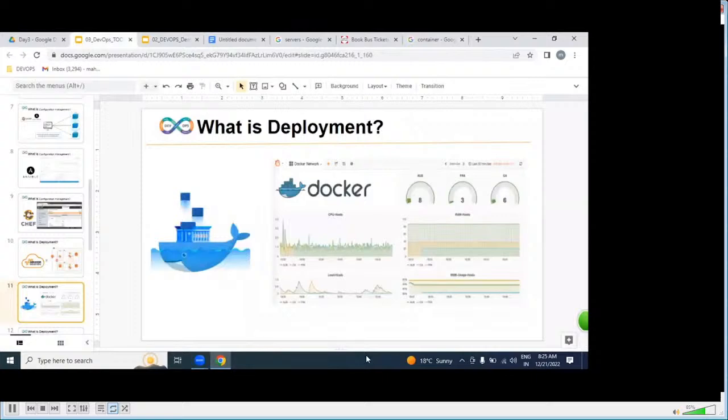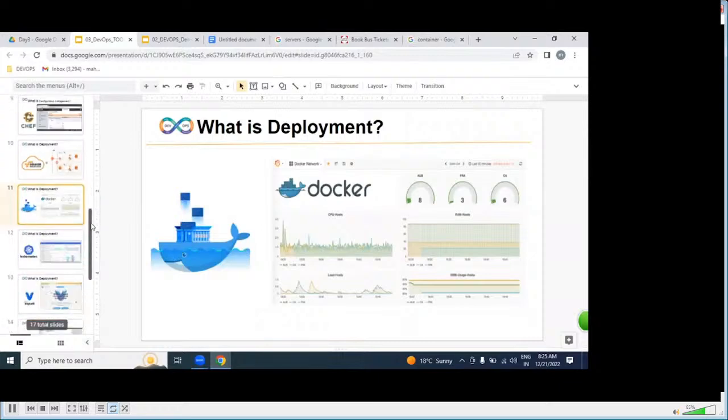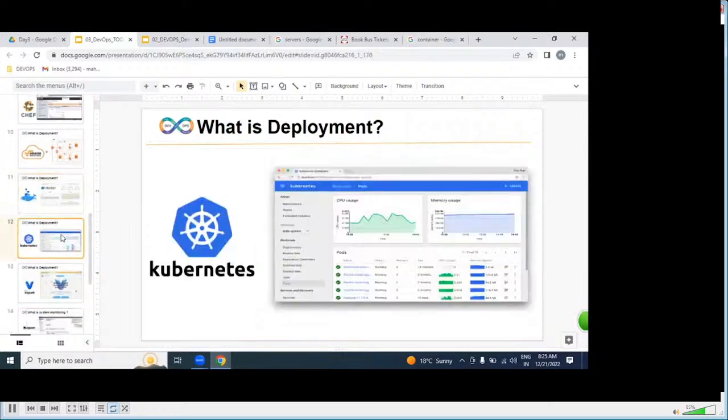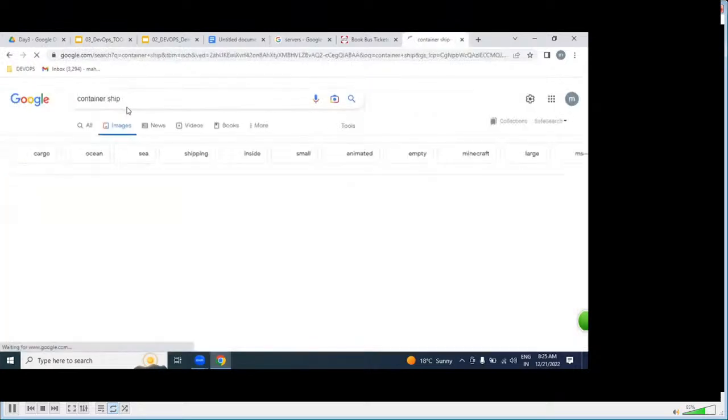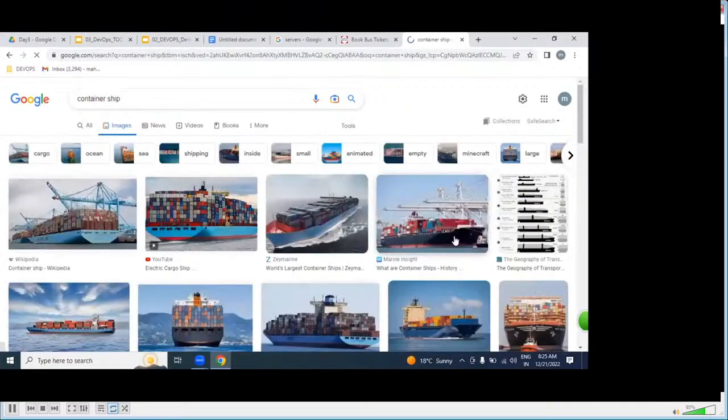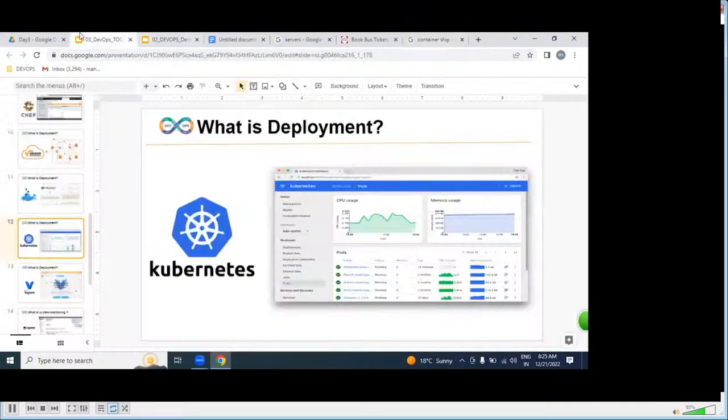But these Docker containers are going to be managed or controlled by Kubernetes. These containers are going to be managed by whom, please? The ship. How exactly does the ship work? The same way our Kubernetes also works. By using Kubernetes, we can manage or control n number of containers.